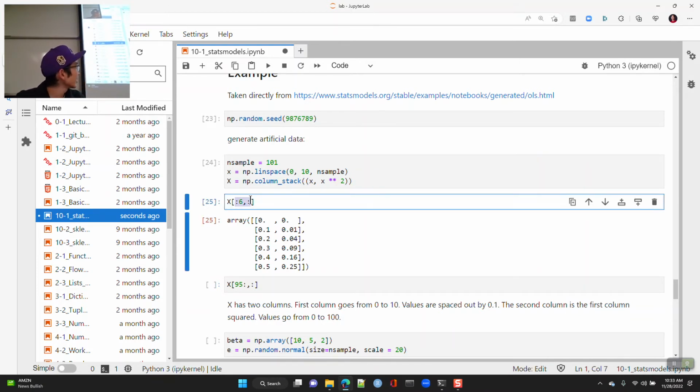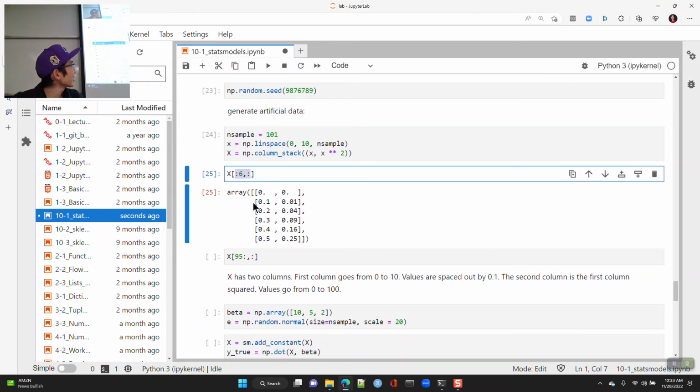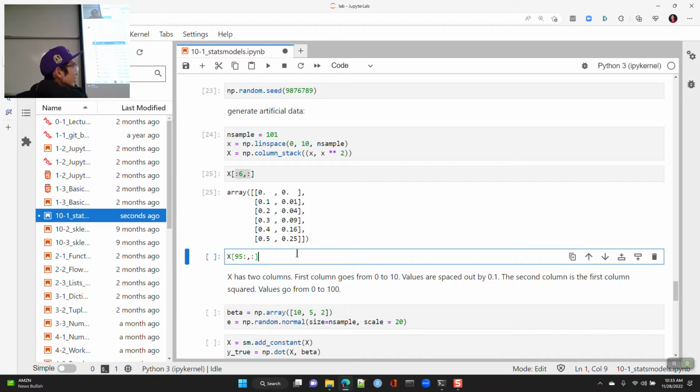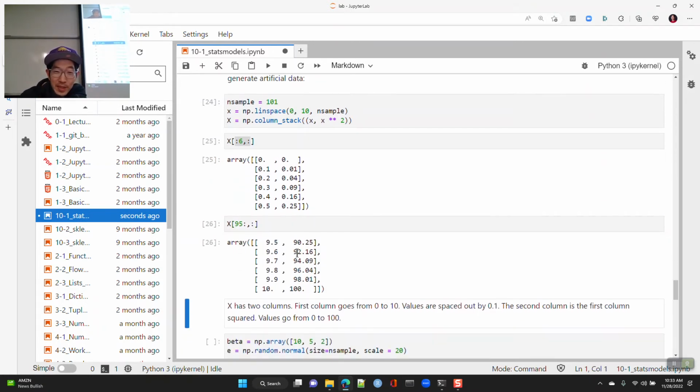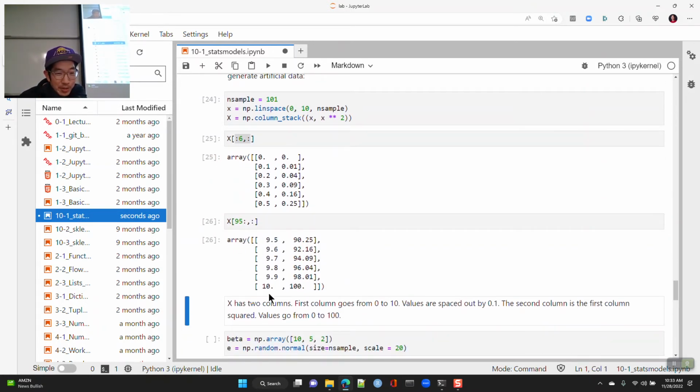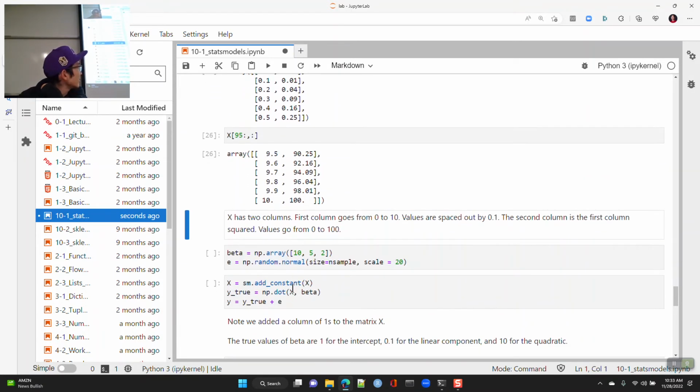So if we look at the first 6 rows, are we accustomed to NumPy subsetting and slicing? So 0, 0.1, 0.2, 0.3, 0.4, 0.5, and then this is the next column of squares, so 0.1 is 0.01, 0.04, 0.09, 0.16, 0.25, so on and so forth. And if we look at the last 6 rows, 9.5, 9.6, so on up to 10, and when you square it, you get 100. Okay,